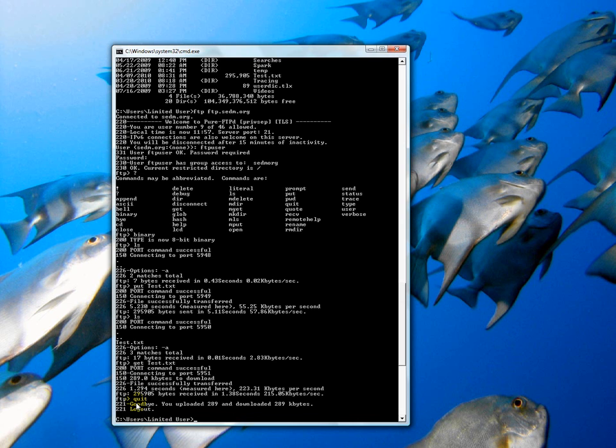and look what it did. It took us right back to the DOS command prompt. How do we know that? Because now it doesn't say FTP on the left over here. We still have a blinking cursor, but now it has the directory instead. So we know we're in the DOS command mode, and if we want to exit